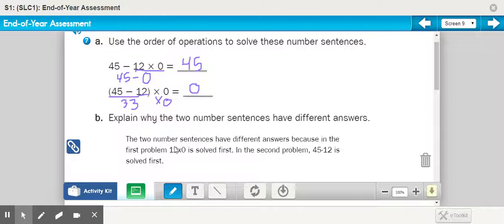I wrote, the two number sentences have different answers because in the first problem, 12 times 0 is solved first. In the second problem, 45 minus 12 is solved first. And so due to order of operations, you get very different answers based on what you're solving first. And those parentheses in the second number sentence make a big difference. Okay, looking at our next problem,